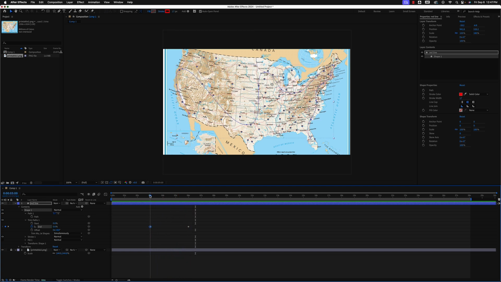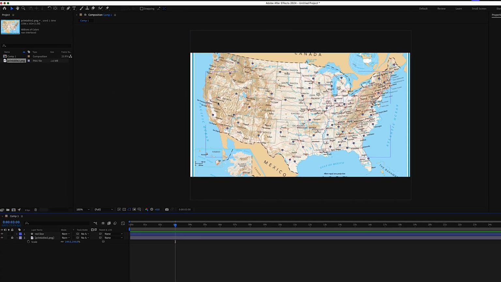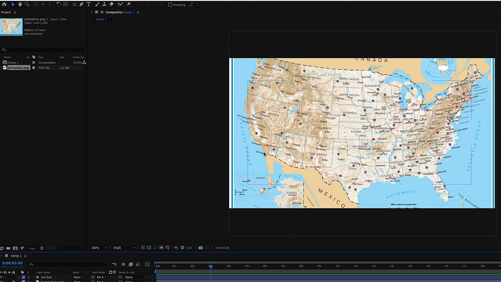Cool, so the next thing we need to do is animate our arrowhead. The first thing we want to make sure of is that we don't have the red line selected when we do this, because if we do, it will add it to the contents of this shape layer. Instead, let's click off, and we can draw on our triangle wherever we want, and we'll nudge it into place as needed. So I'm going to use the star tool. If you go up to the rectangle tool and hold down the mouse, you'll see the star tool at the bottom. We don't actually have a dedicated triangle tool, so the star tool is what we will use